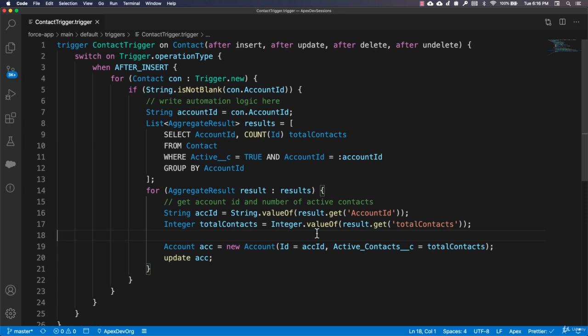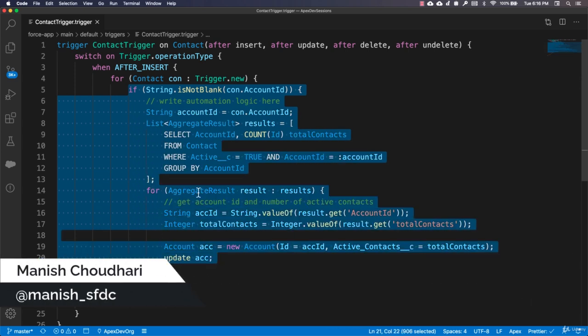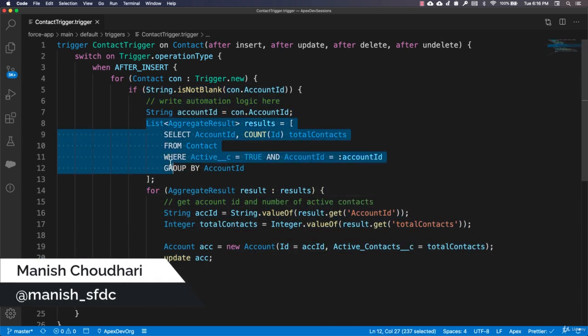So our code worked fine in the last video, but it's not the best code that we can write. The reason is, first of all, we are iterating over all the contacts that we get in our trigger.new list. So this list can have many records. Suppose you are creating 10,000 contact records using Data Loader or any bulk operation, then this for loop is going to have 10,000 contact records, and you will execute this line of code 10,000 times. So this means you are going to have this query executing and you are going to have this update statement